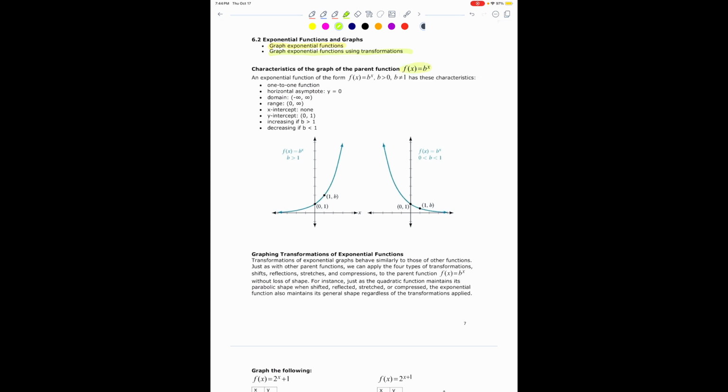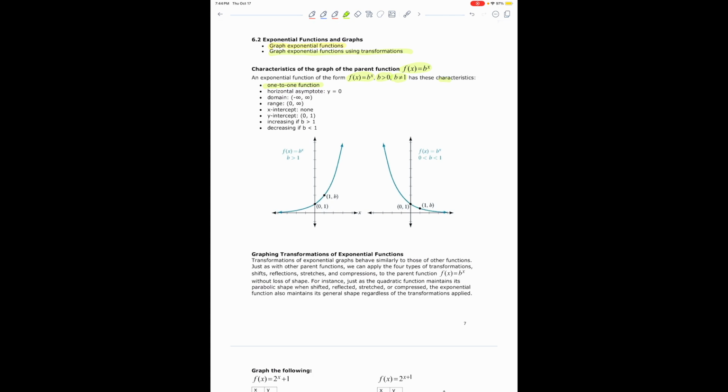x power. An exponential function of the form f of x equals b to the x power, where b is positive and it's not equal to 1, has these characteristics. This function, basically this graph right here, first it's a one-to-one function because it passes the horizontal line test, as you can see here. If you make horizontal lines, it just cuts the graph only once, so that will mean the function is one-to-one